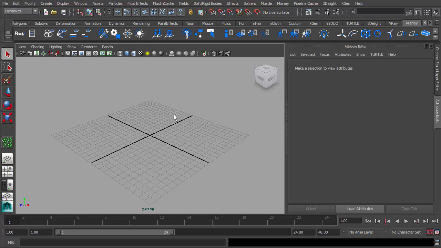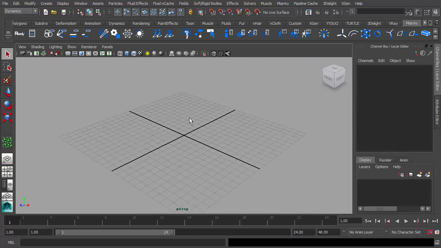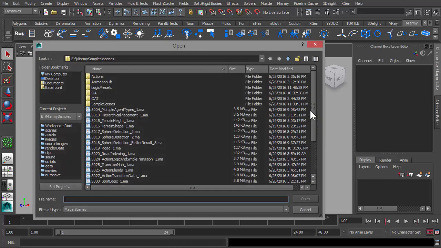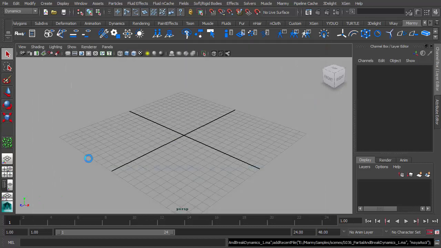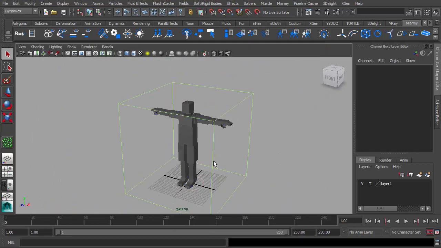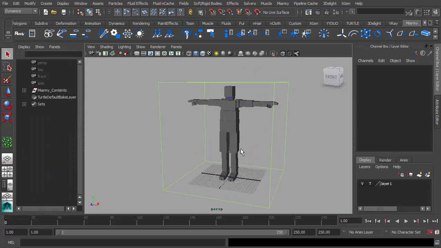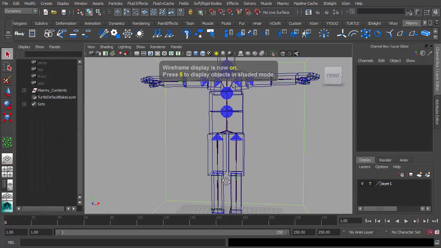Hi, in this video we're going to talk about body dynamics. Let's first open our example, sample 36.1, and you can see that this is a simple origin agent, and we already set up every piece of the